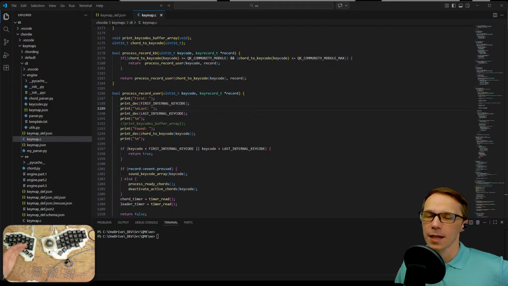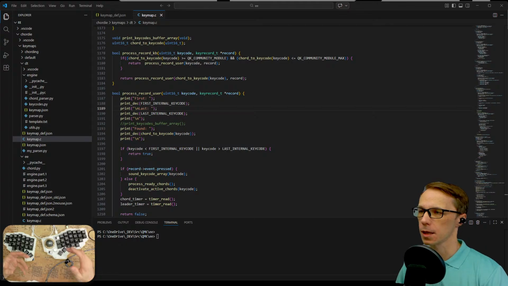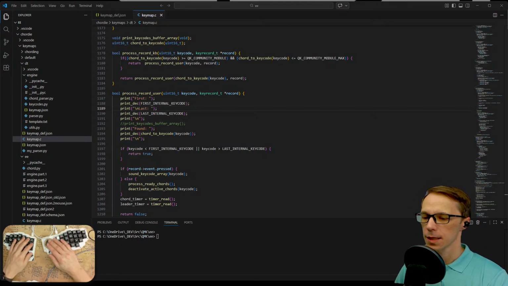So today we will take another shot at it. And I think before we jump back into this, I would like to try one more thing. And this will be trying to get this engine to work as a community module. Because we already figured out that basically it relies on two functions that are propelling it. So that will be